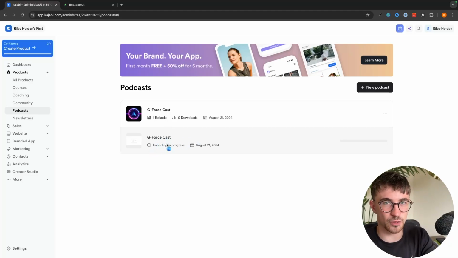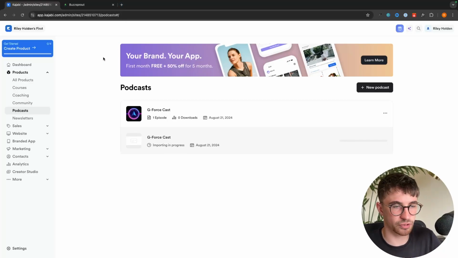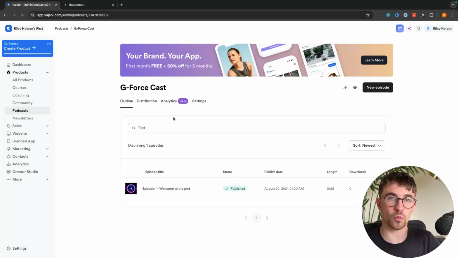So it might take a few minutes. Obviously, the more podcast episodes you have, the longer it's going to take. But honestly, at this point, you can just open a new tab. As long as this tab is open in the background, you can just go and do something else whilst this imports. And then once your podcast is imported, to get this onto Apple Music and Spotify, we do this in